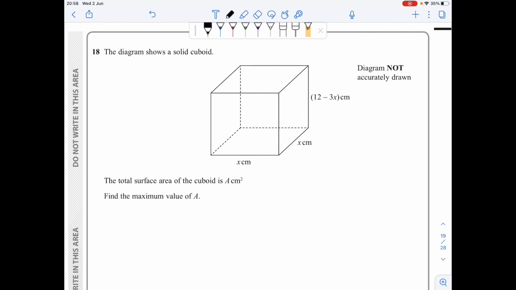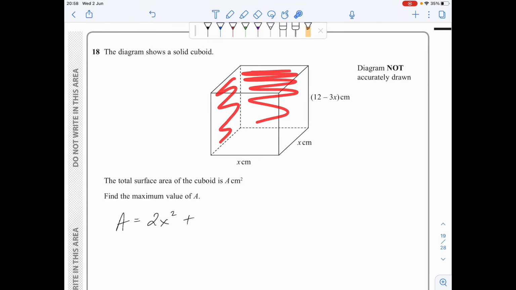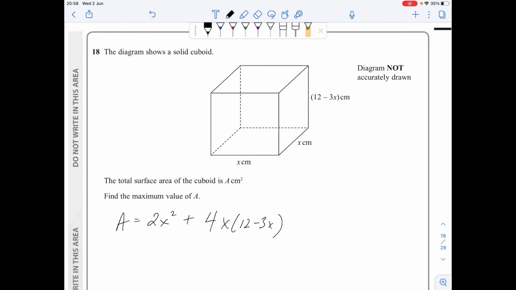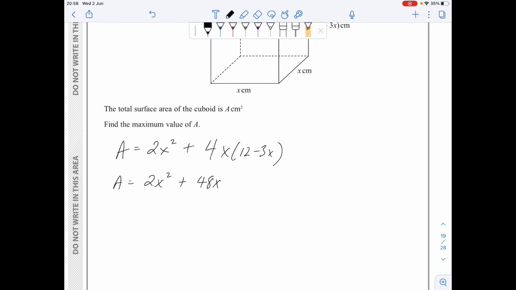For question 18, I have this cuboid. Note that the base is square. First, I'm going to find the area. Now, the base is x squared. I've got two of them, one on top, one at the bottom, so 2 times x squared plus, and then this standing surface which I have 4 times, front and back, and then left and right, is equal to 4 times x times 12 minus 3x. Let's expand. 2x squared plus 48x minus 12x squared. So this gives me 48x minus